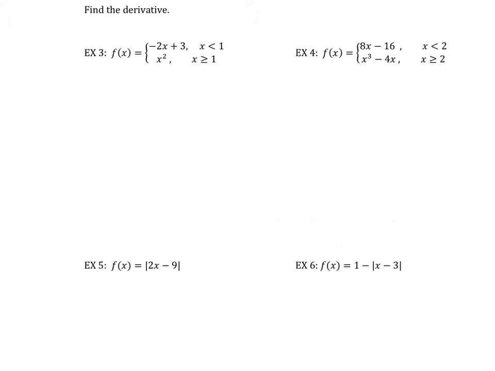Let's look at a piecewise function. With a piecewise function, you just have to find the derivative of the individual pieces, but then you've got to be careful, and I'll show you what I mean about the break. So if I have a piecewise function, I'm just going to do f prime, and it's going to be in pieces as well. I can do the pieces very easily. The derivative of that top function is -2, and the derivative of the bottom function is 2x, so that doesn't seem too hard. Here's where the